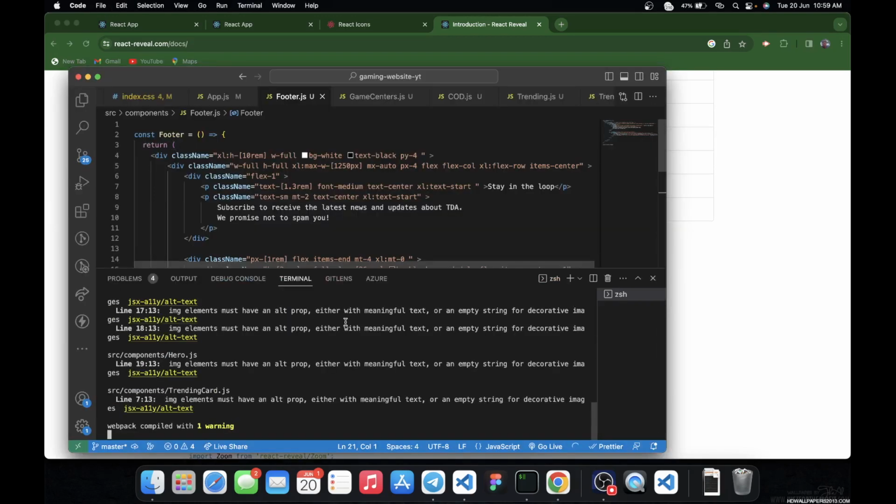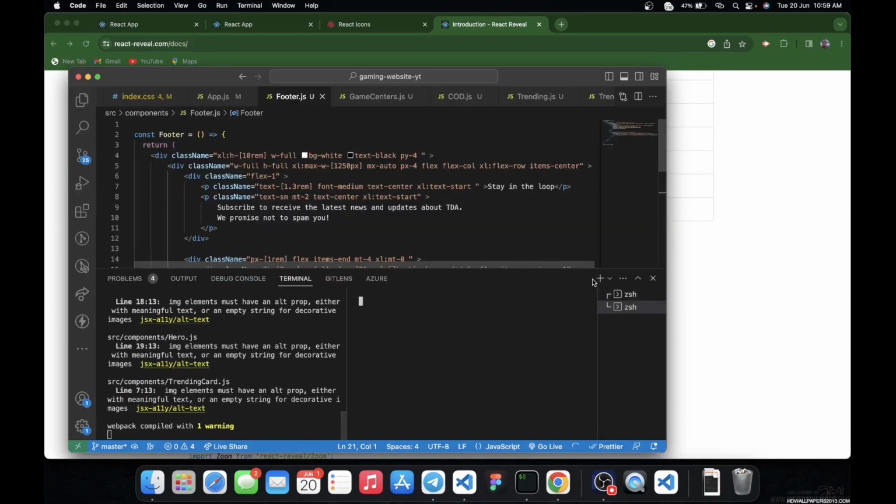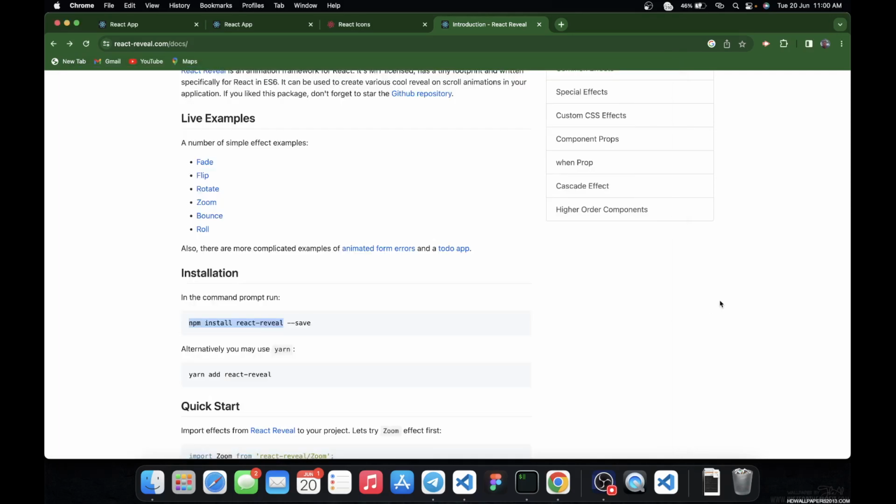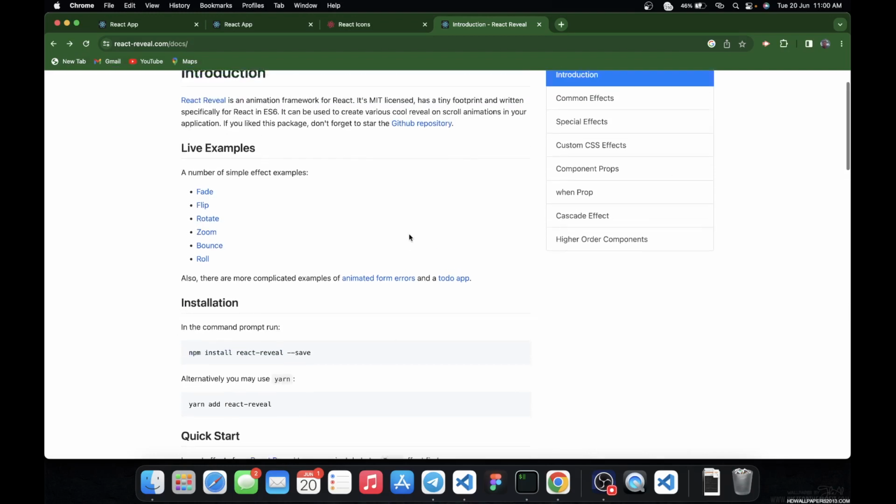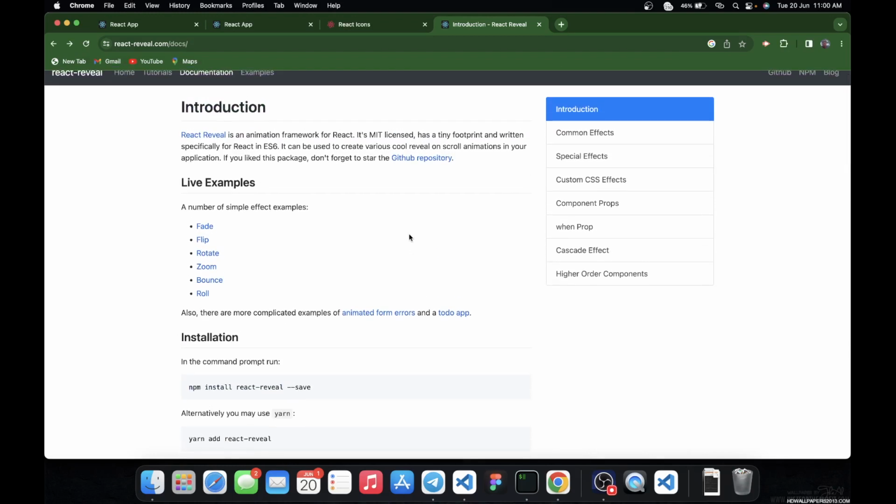So I'm going to open the terminal, split the terminal, paste the command here. Now if you only run this code, you're going to get an error, but to bypass that error, I'm going to add this flag, this false flag, right, so that it goes ahead and installs the package for us. Okay, so now we've added React Reveal, and now we can start